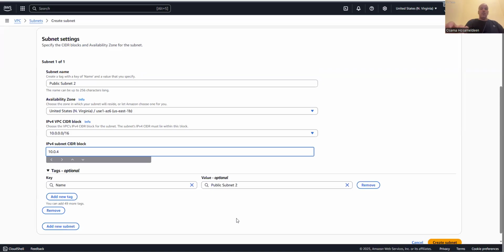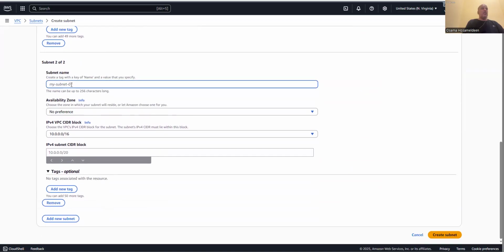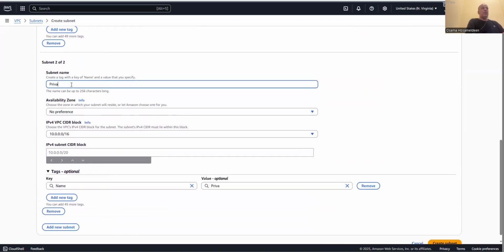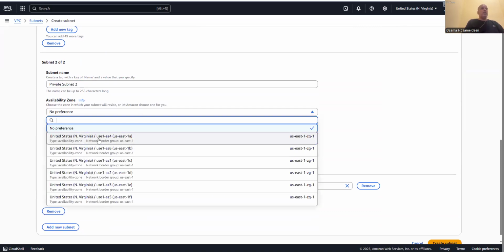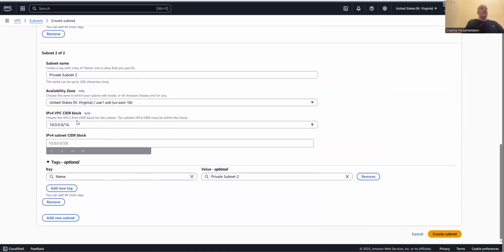So this is 10.0.4.0/24. This is the first subnet. We can add another subnet. We make it private subnet 2. Make it in availability zone B. Make sure it is availability zone B. Okay? And then the second subnet should be